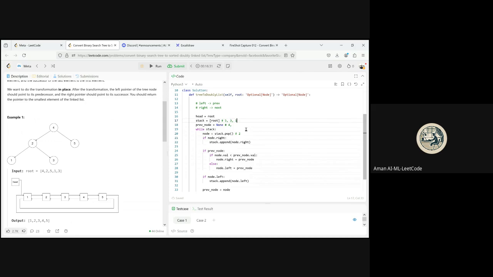Okay. Next, your node is 1. You remove 1 here. Your previous node is 2. Okay. You pop out here. Your current node value is less than your previous node, which is true. So your current node dot right becomes 2. So that's fine. And after that, you cannot append anything else to the stack. So you're done there. Okay. Next, your previous node is 1 there, right? Okay. So your previous node is 1 in this case. So if your previous node is 1, check the value. Then 3 dot next, sorry, 3 dot